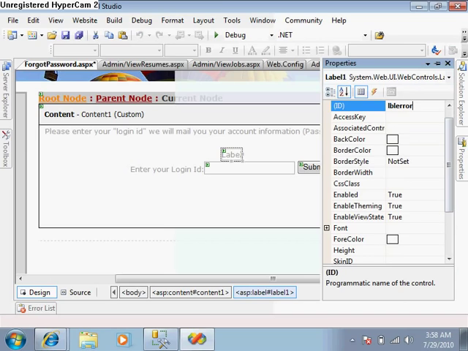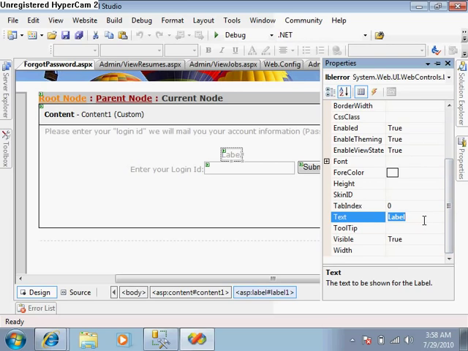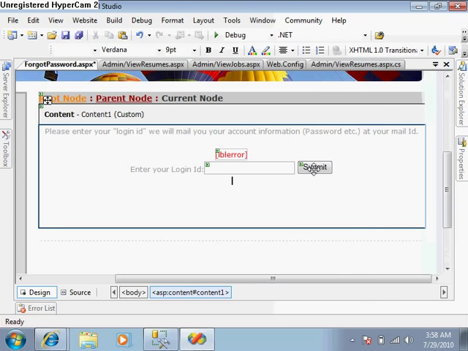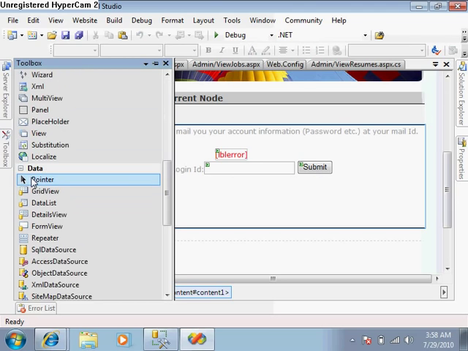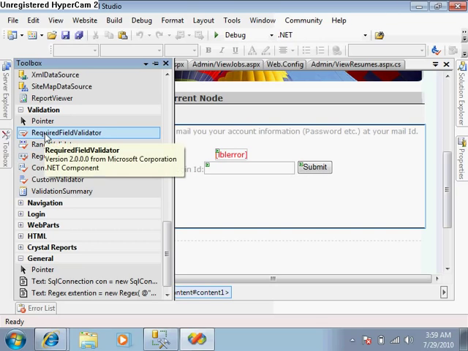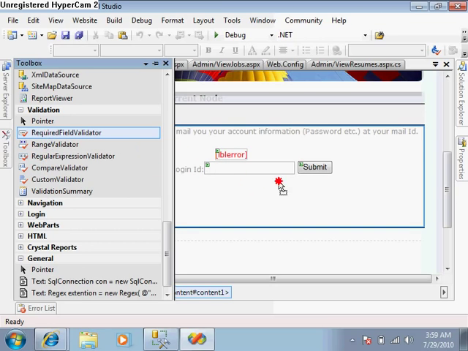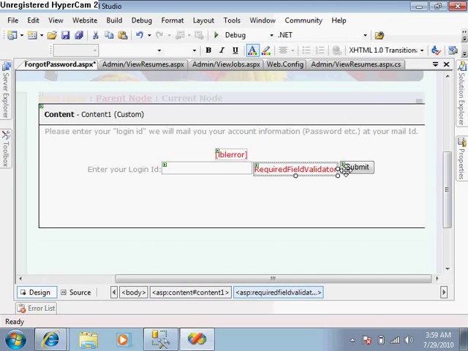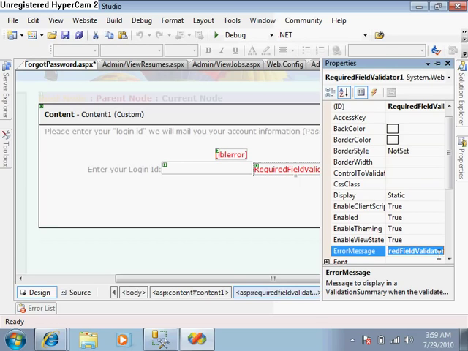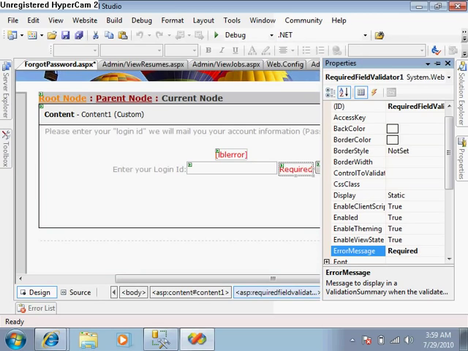and command text equal to select, let's take a star from tbl_users where vLoginId is equal to single quotes, double quotes, plus plus. Now the login id is in the text box, so txtMail.Text. Okay, it is not a mail, actually it is a login id. Now after that let's take SqlDataReader dr equal to com.ExecuteReader,